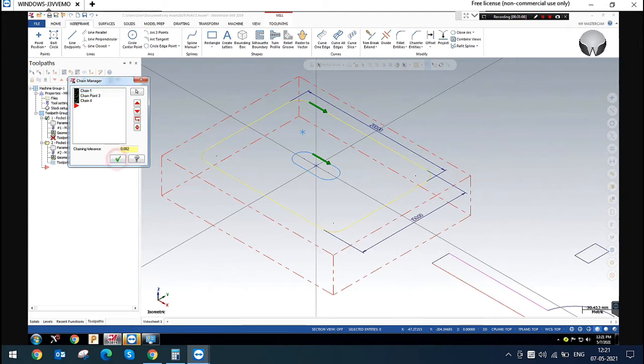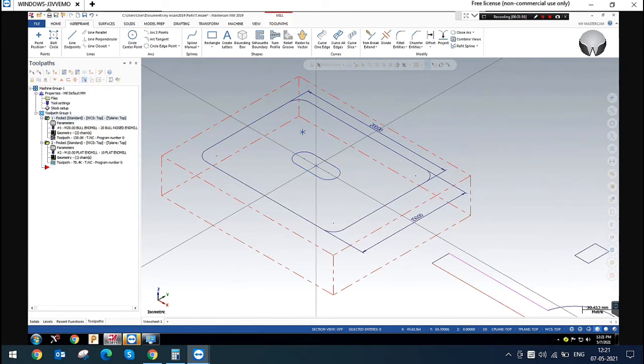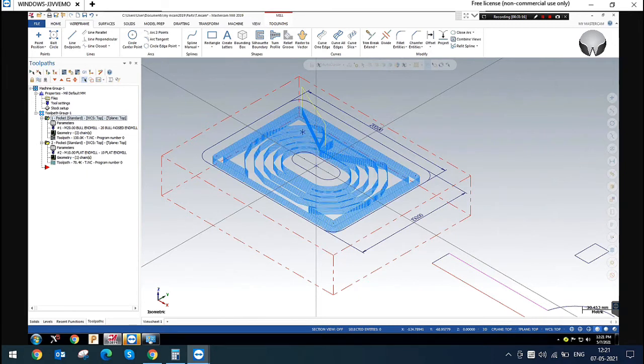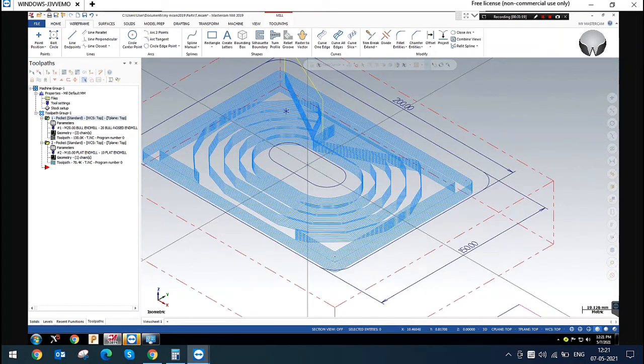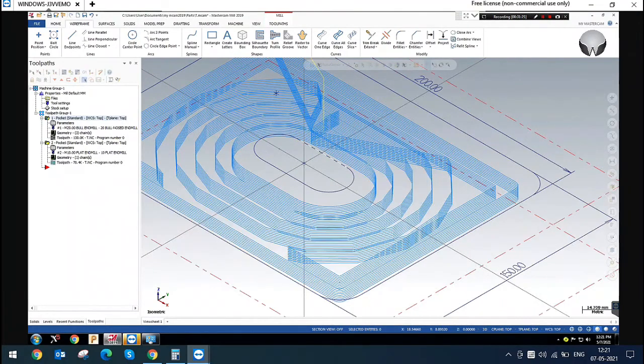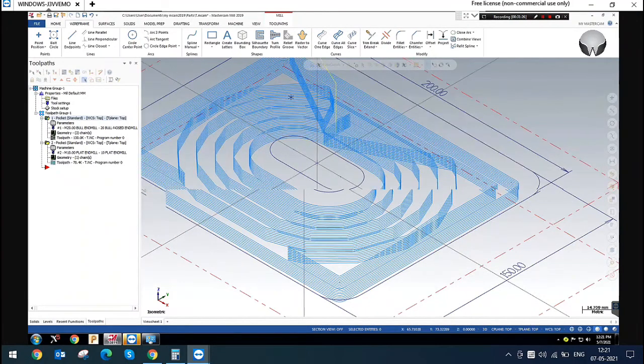You can see this is called the island. The pocket will not machine this area. It will now go around this island. Yes, this is island machining.